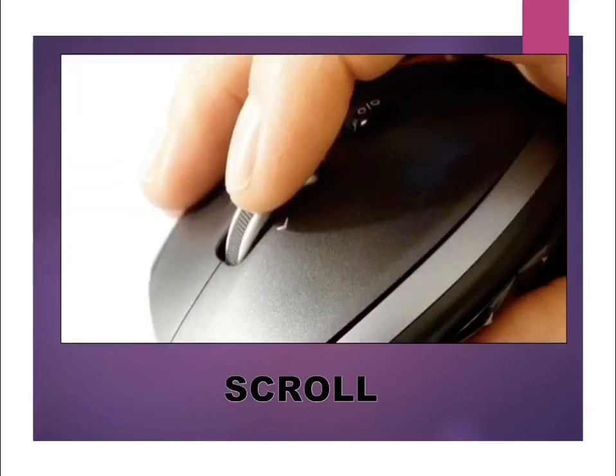Coming up next is another good feature of the mouse, that is scroll. As we have seen in the parts of the mouse, in between the left button and right button, there is a wheel. This wheel moves up and down, rolling, and has the function of moving the screen up and down. There are scroll bars present in every document to move up and down, but this wheel makes it easier and faster to move all around the screen.